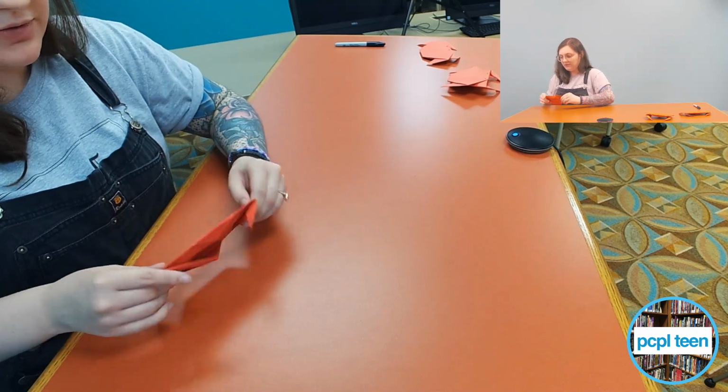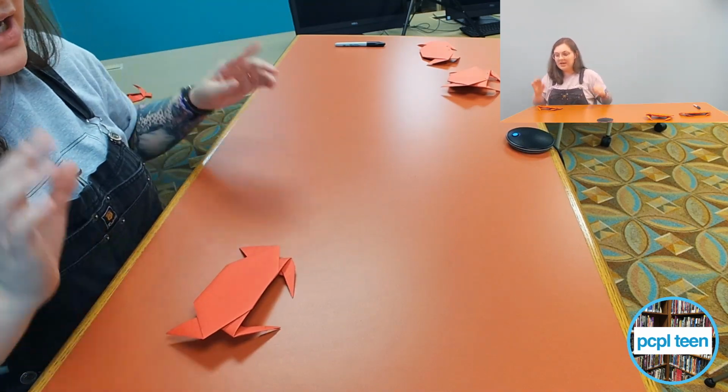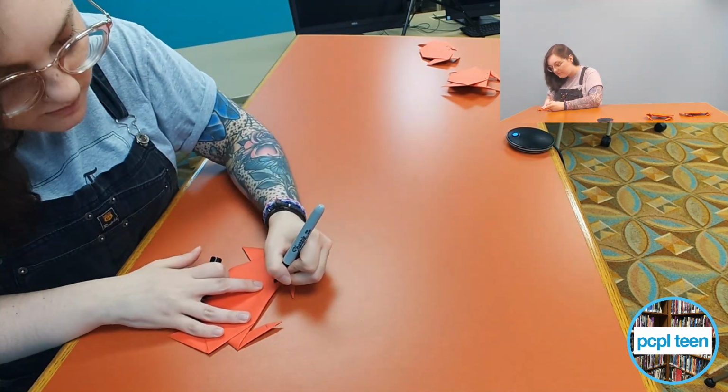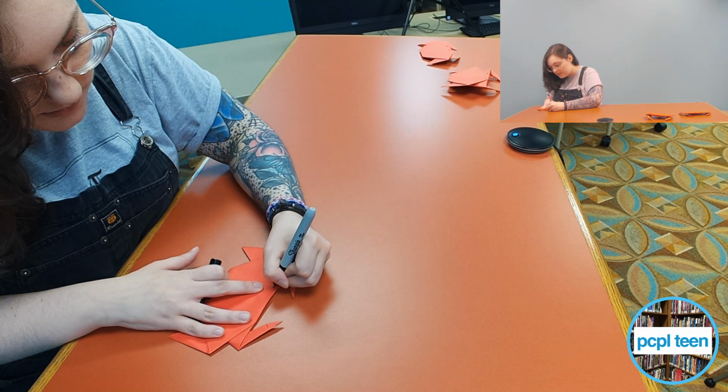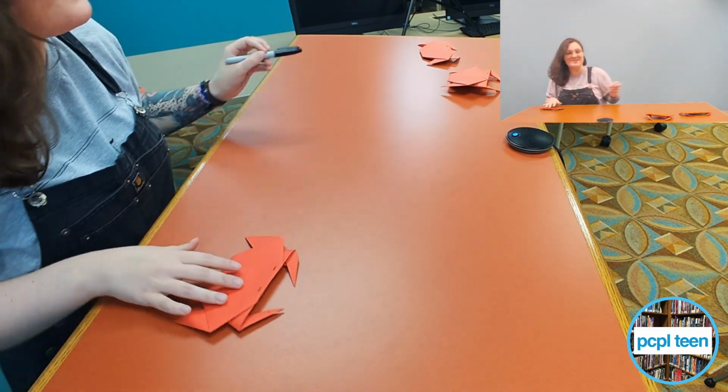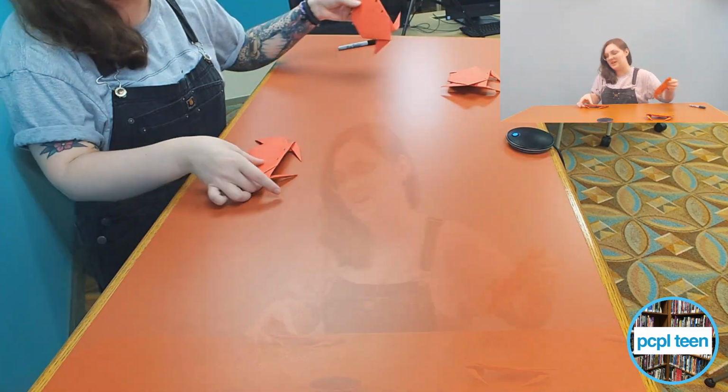All right, so if we flip it over, there he is, little crab guy. And if you want to give him eyes, you can. I'm not gonna do anything crazy. There he is, he's sleeping. It's really easy, and it really only takes the one piece of paper, like all origami, I guess, but